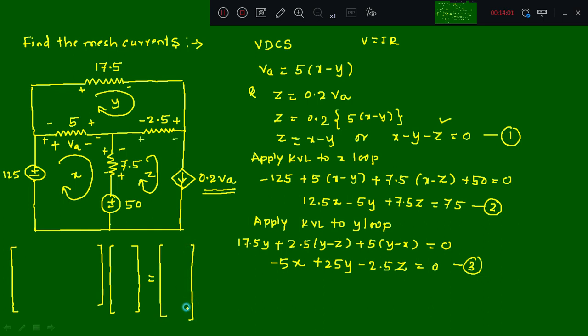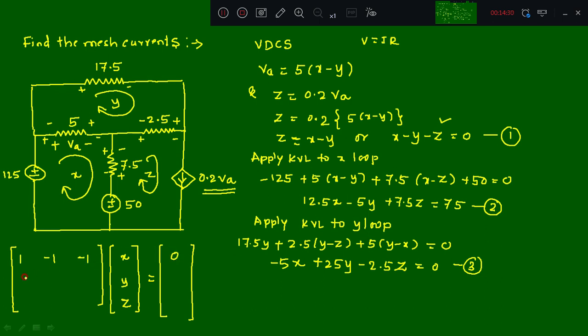So we'll write it in matrix form. See equations number 1, 2, 3 in the order of x, y, z equal to some constants. Coefficients of x here 1, y is minus 1, z is minus 1. Then the constant is 0. Here we should write x, y, z, then the constants. So in equation number 1, the coefficients of x, y, z are 1, minus 1, minus 1, and it's 0.